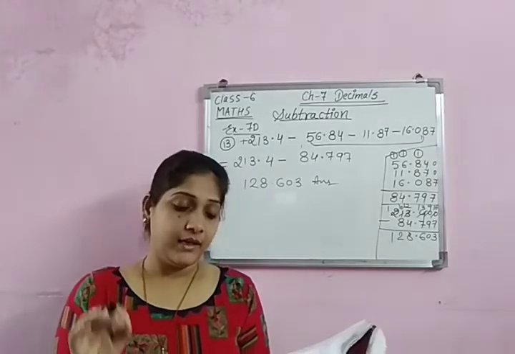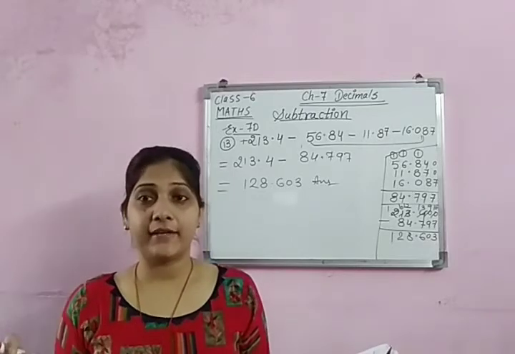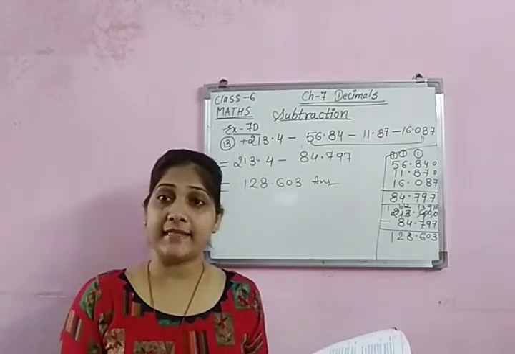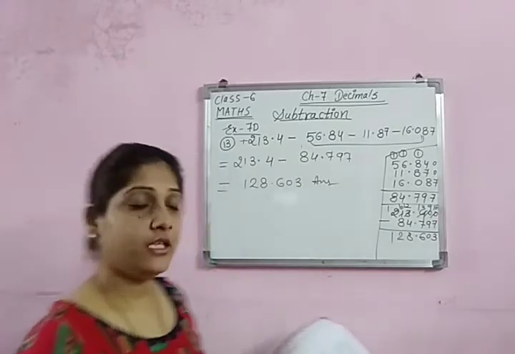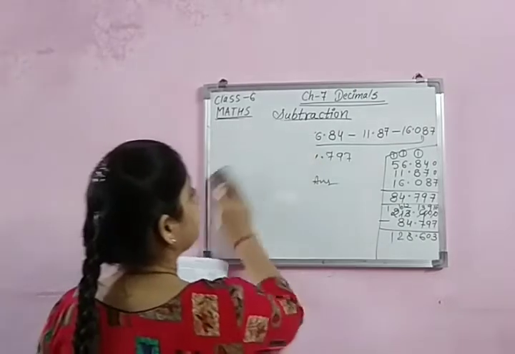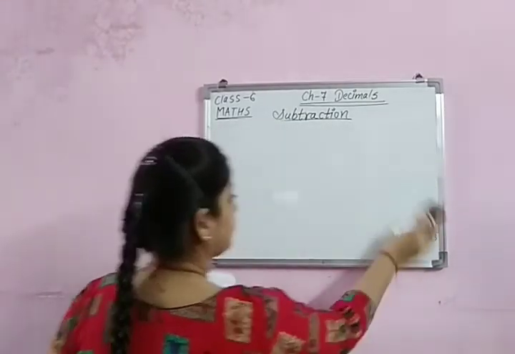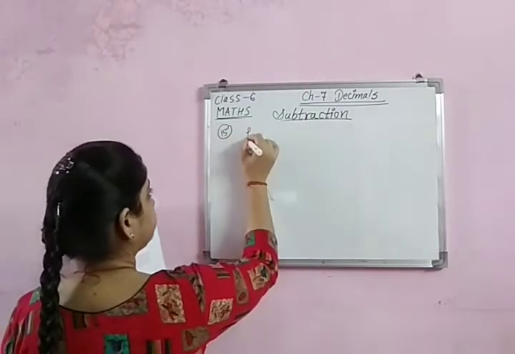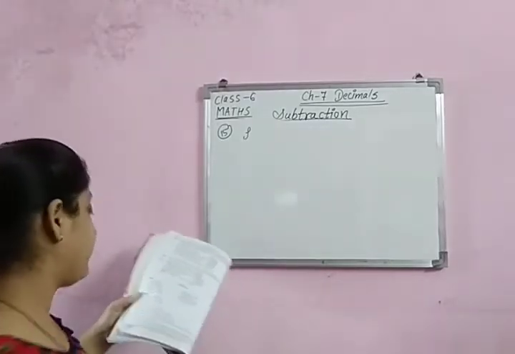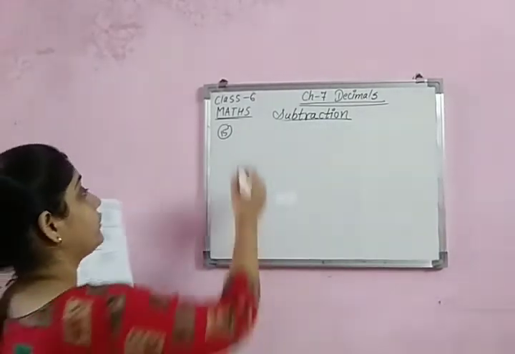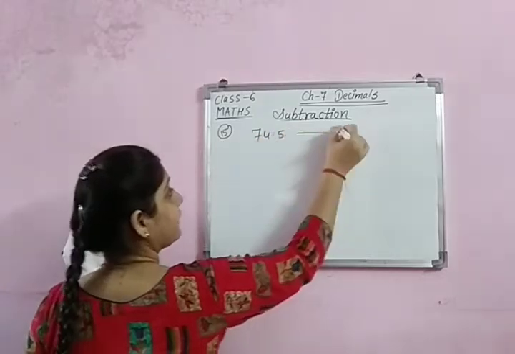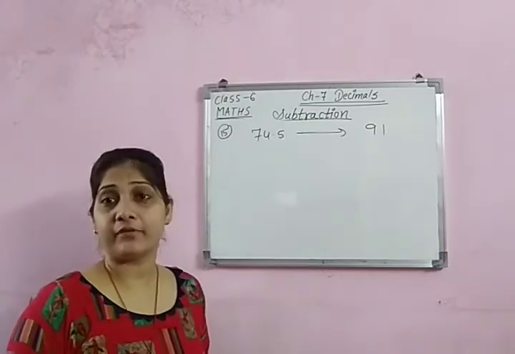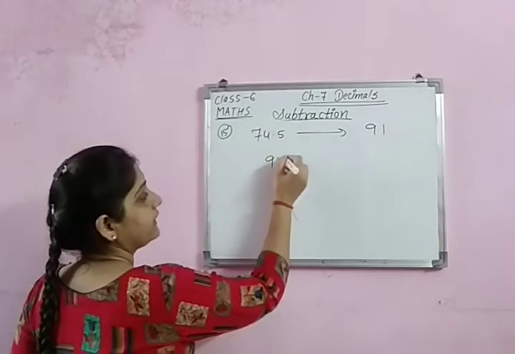In the same way, here 74.5 को हमें 91 बनाना है. So for that, you have to find the difference of 91 and 74.5. Okay? So that we know which number we have to add. Let's have a look. What is to be added? It's question number 15. So for this, what we find? Difference. Actually, we want to make 74.5 to 91. So definitely we have to add something in 74.5 to get it 91. So let's find the difference.